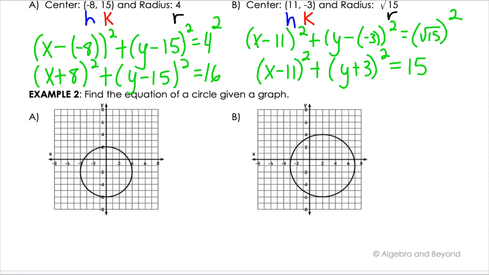All right, now we're going to do the same thing, but this time instead of just telling us what the center and the radius are, we have to find them from the graph. We're going to start the same way. We're going to identify what h is, what k is, and what r is. In this case, the center of my circle here